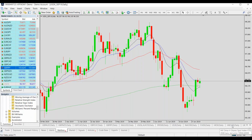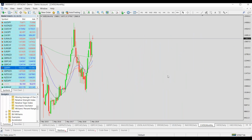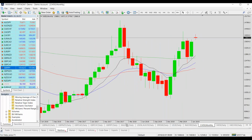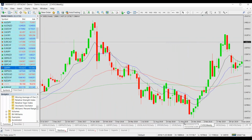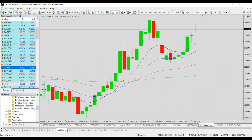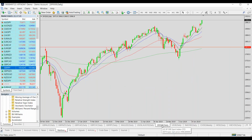Okay, so let's have a look at the monthly and the weekly time frame. So we saw basically for the whole of 2018 that was really very, very bearish. It went down, and it has recovered since December. It has recovered this year, but in comparison, if we have a look at the US indices, so this is